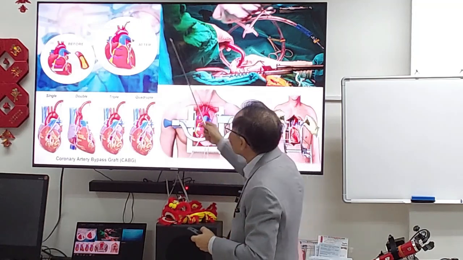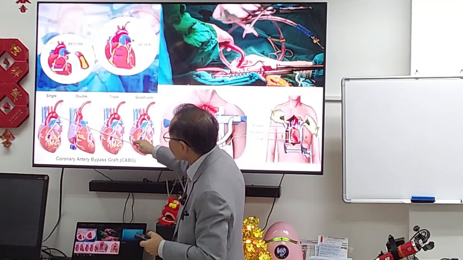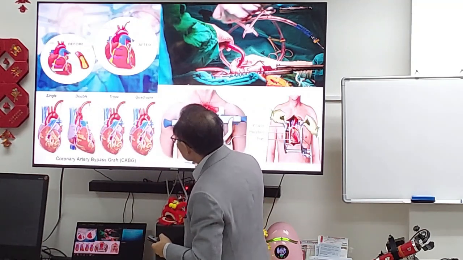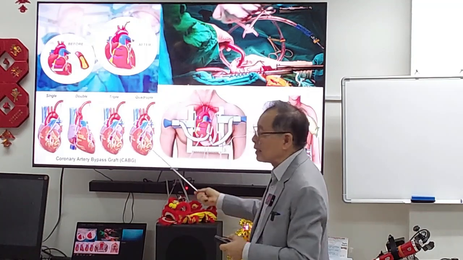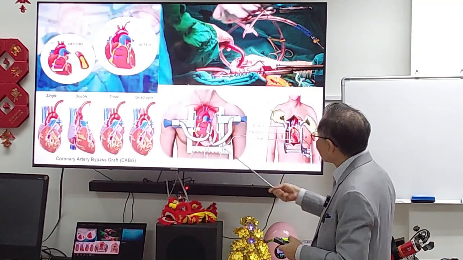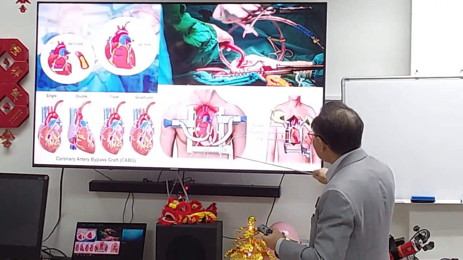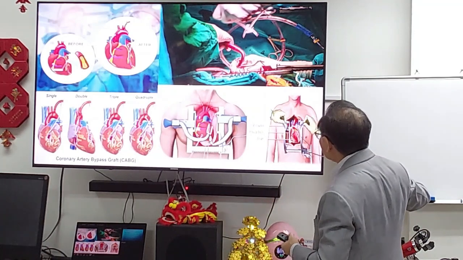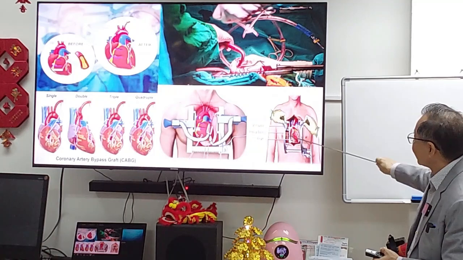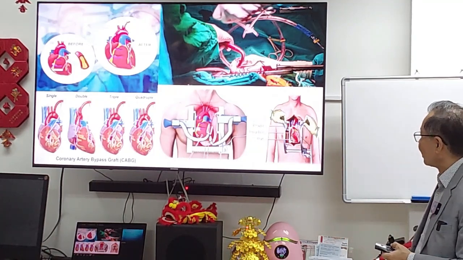So this is a bypass graft, a single graft, 1 vessel, double graft, triple, 4. You can do so many grafts, as many as you want to. It's open heart surgery, you need a clamp to open up so that we can see. So this is another type of clamp. You can see for yourself. It retracts, opens it up so that you can have a look at it.